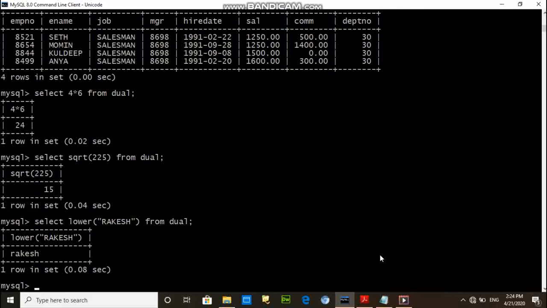This is the example of the DUAL table, and this table is mainly used for arithmetic calculations, string calculations, and for other work also.